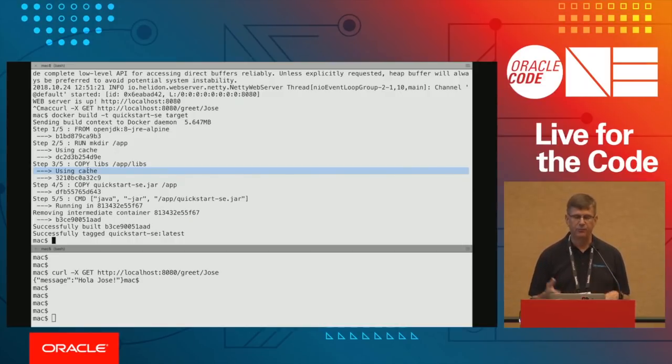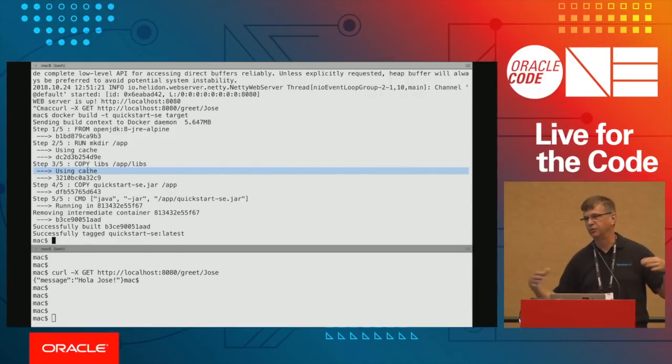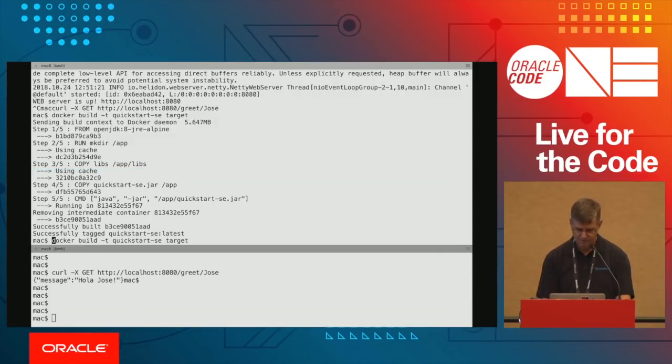So this means as I rebuild my image, the only thing that's changing is that very small application jar file, not my runtime dependencies. So if I was pushing to a remote repository, I don't need to re-push those runtime dependencies, which you would do if you were building a fat jar. Instead, those runtime dependencies are pushed once, and then after that, you're only pushing your application bits that have changed. Okay, so